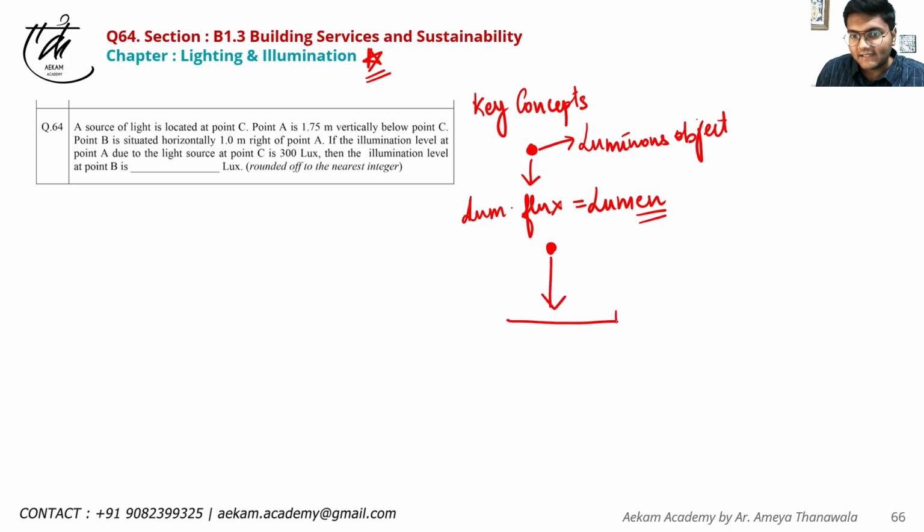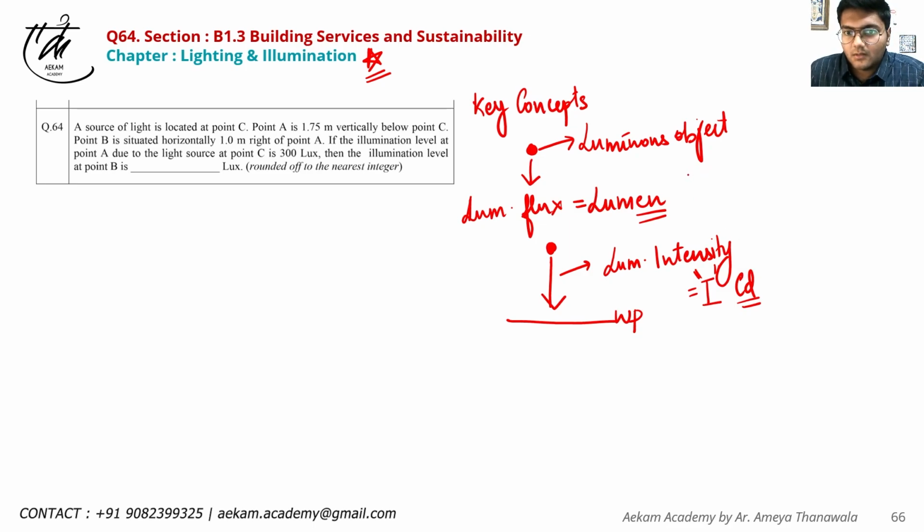This luminous object, when it is throwing light rays on a working plane, the intensity through which the luminous object is throwing the light at the working plane is called luminous intensity. This is termed as I, and the unit is candela. So the relationship between flux and intensity can be given as flux is equal to I into solid angle. Solid angle, which is given in steradians,